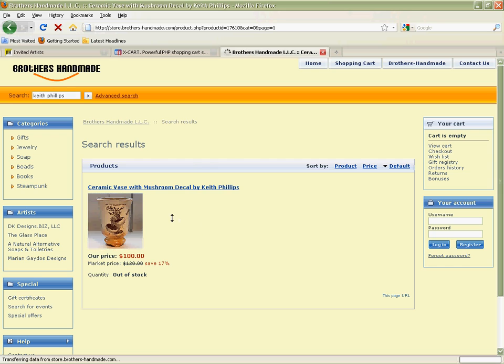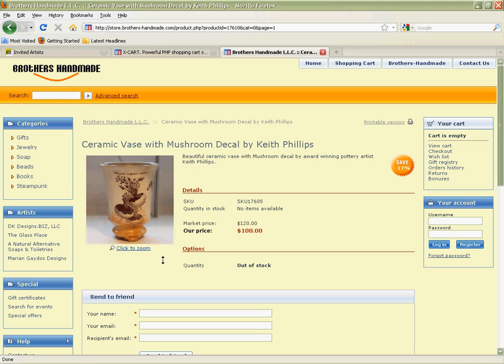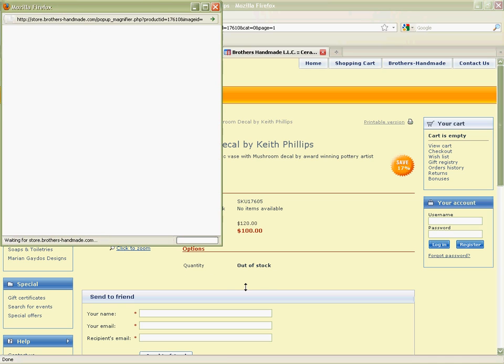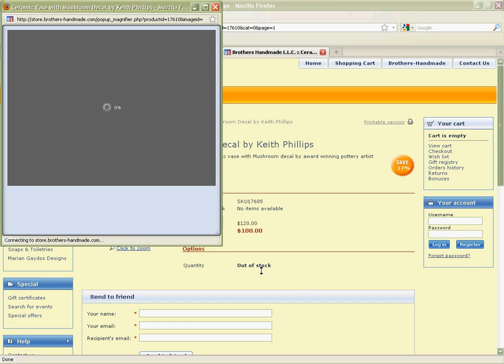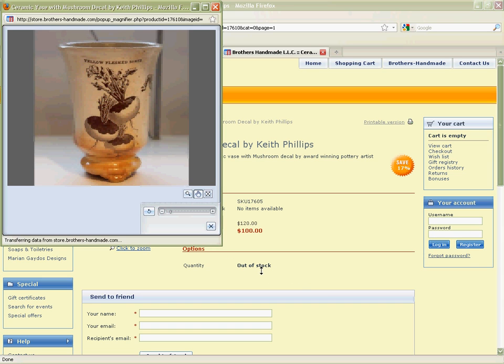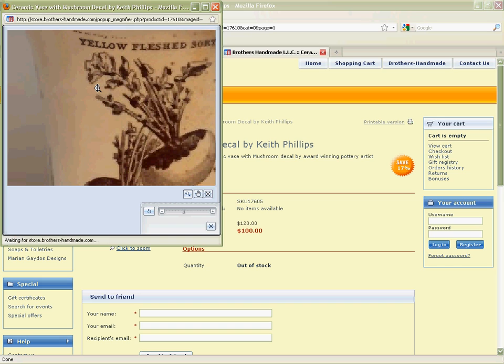This means that the Image Magnifier is in operation, and when a customer clicks on that, it'll open up a separate window and load the image, and then the customer can take the magnifying glass and look at various sections of it. It takes a few seconds for it to fully resolve, but they can look up close, and some of the wire work or some of the